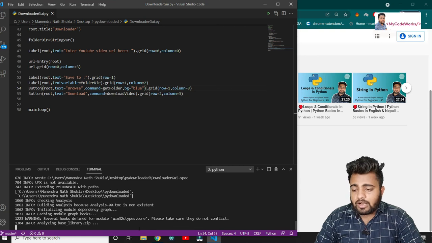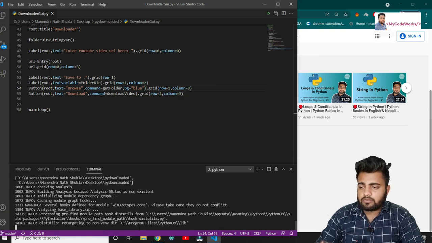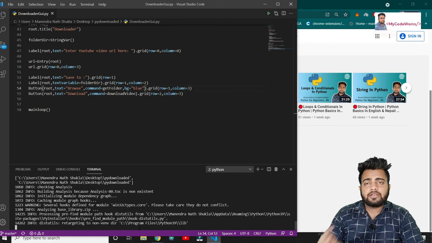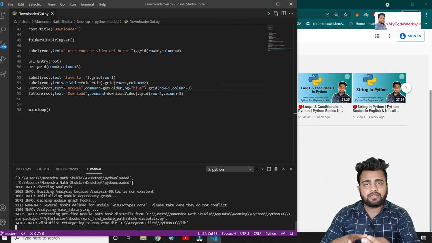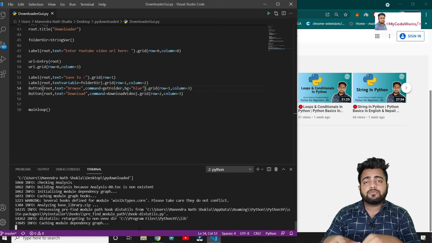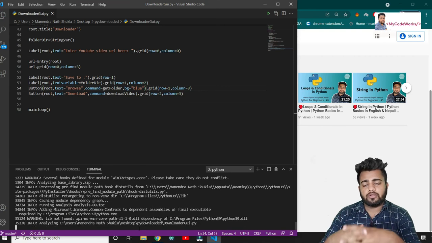It will take the particular script file you have given and convert it into an executable file, and we can run that executable file on any Windows or any system, right. So we can simply send that executable file to everyone and say, I have made this, please run it. Using this tool you can download any YouTube video, right.